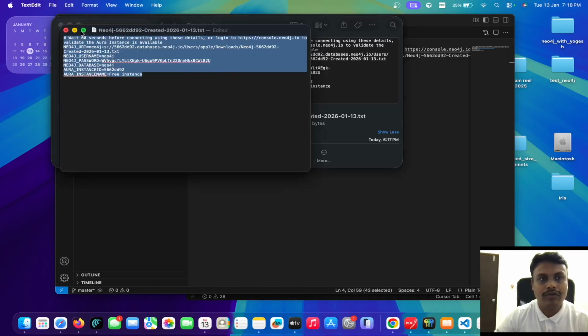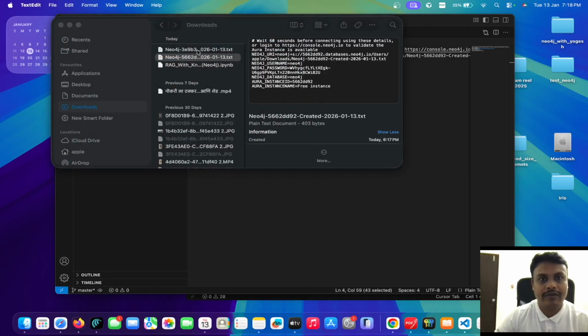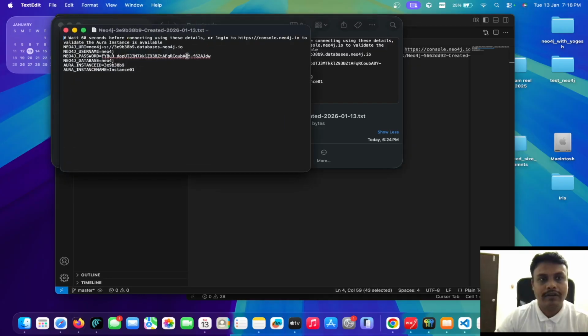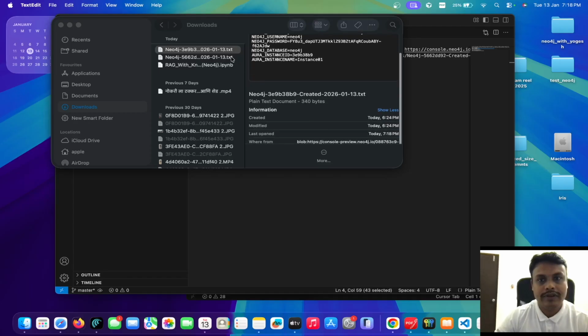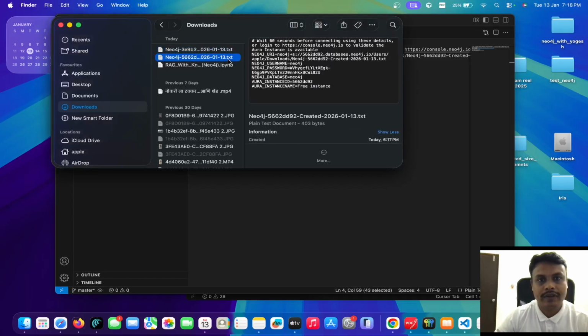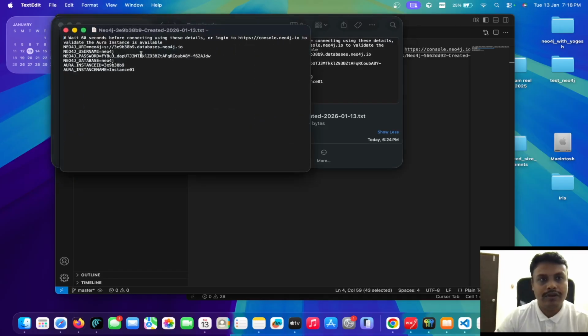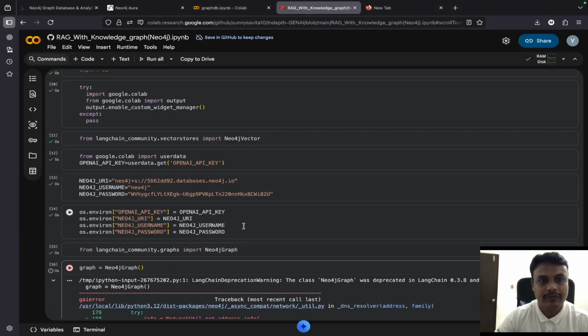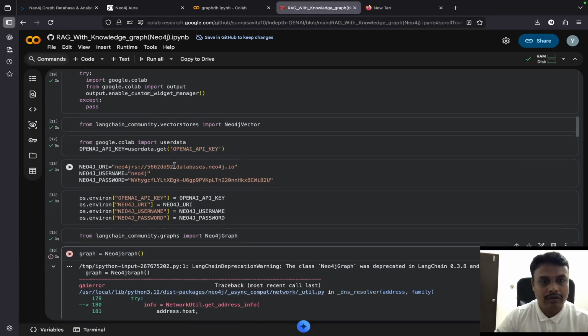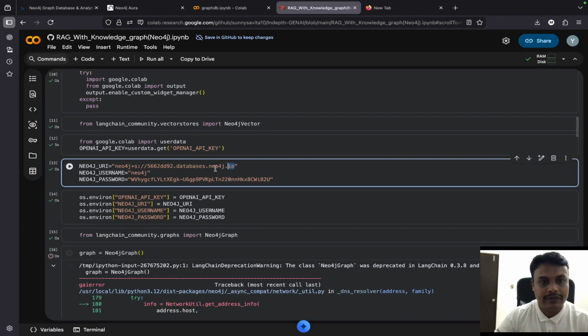Okay, no friends, I have clicked another file. I need to open that latest one. Let's see, it is giving the time format. So this is the latest file. I need to open this one because I initially deleted that instance and then I'm utilizing it. Okay, I will just,